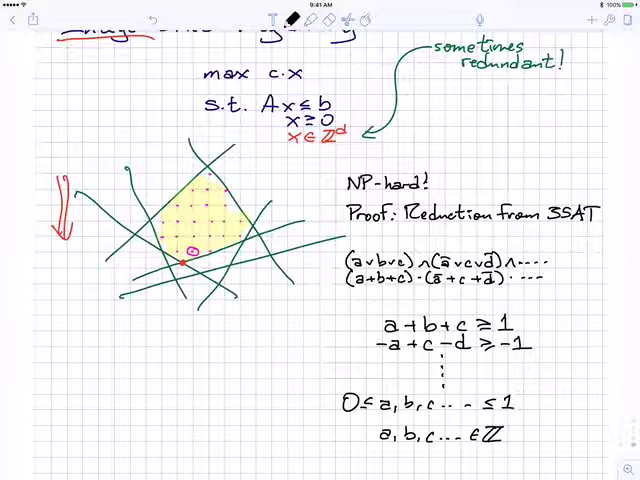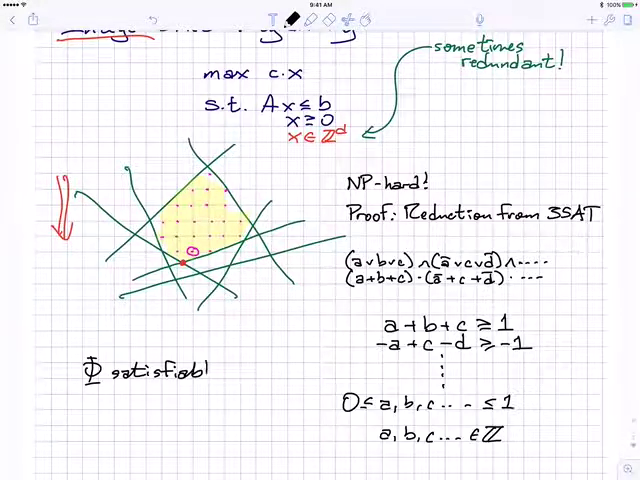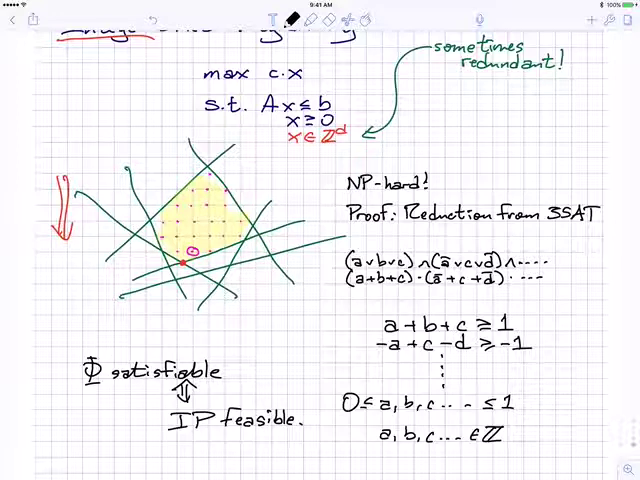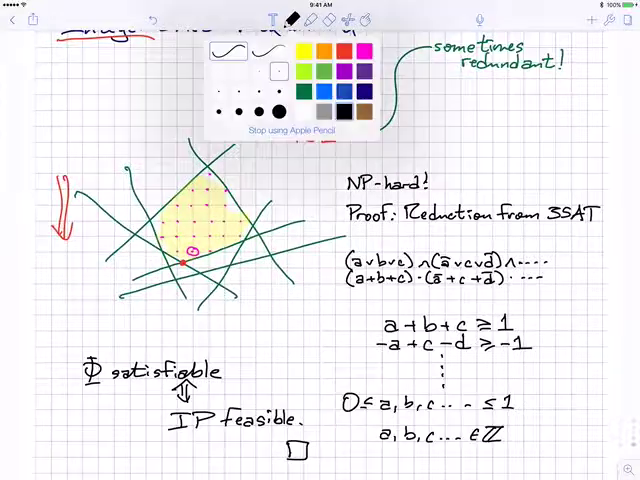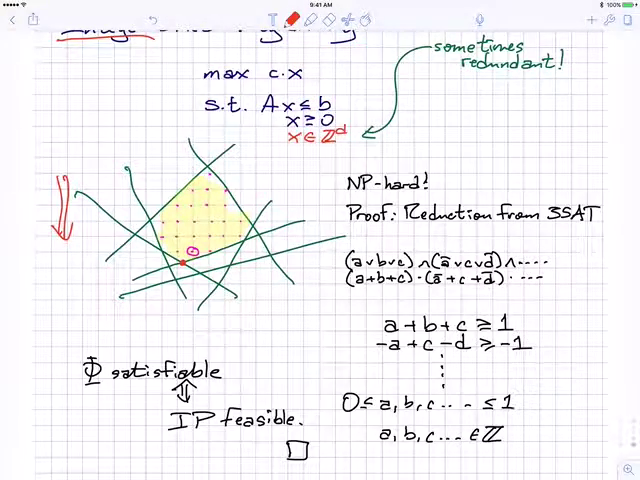Okay, so basically I get an argument that this is satisfiable if and only if this corresponding integer program is feasible. Now I do want to point out something weird about this integer programming problem. Okay, so that's proof that it's NP hard. But now think about